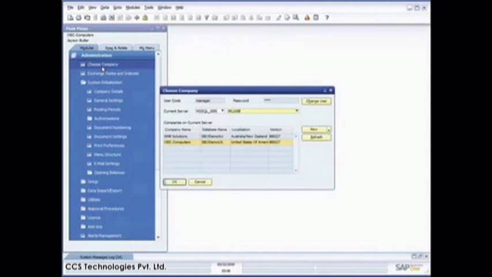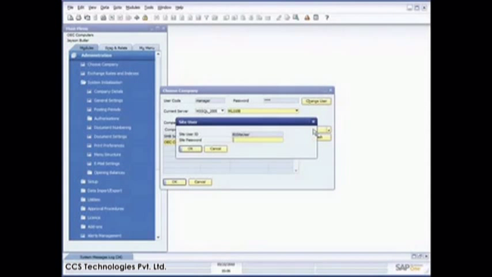So when I go and I create a new company, for example, you can see I've got two companies here right now. I've got my SMB Solutions company, which is set up for Australia and New Zealand, and then I have my OEC Computers company, which is set up for the United States of America. So when I go to create a new company,